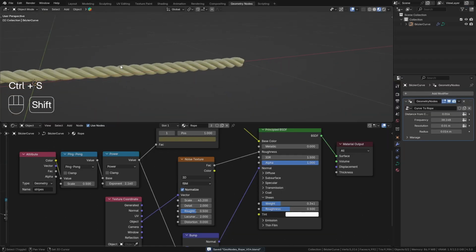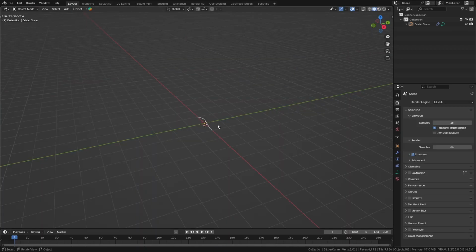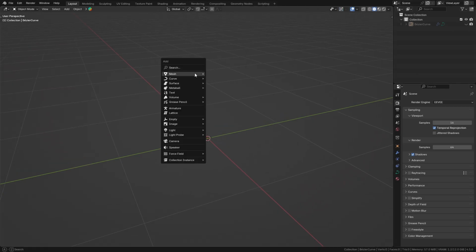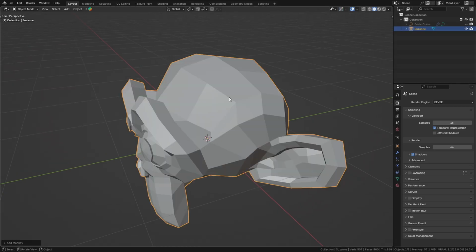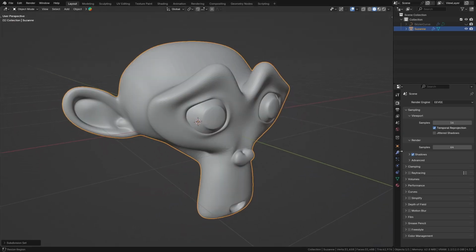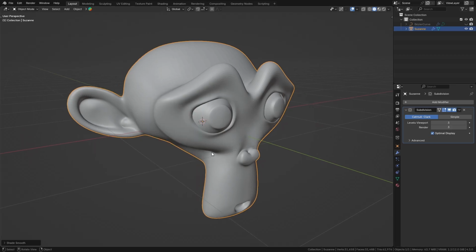Okay, so finally let me show you how we can apply this to any other curve as well. So let's go back to layout. I'm just gonna hide this Bezier curve, and instead I'm gonna add in a monkey head, and I want to wrap this with a rope. So first let's add a subdivision surface modifier. Let's shade it smooth, and in order to wrap this with a curve, I want to use a plugin